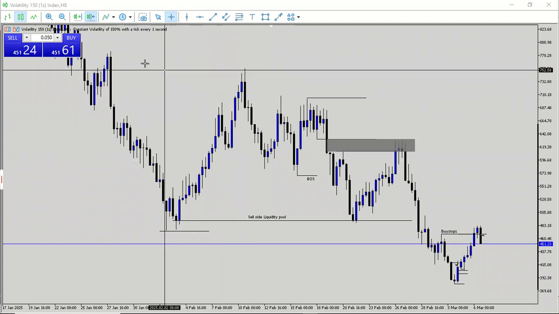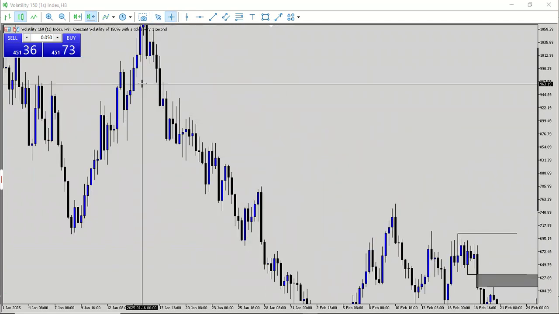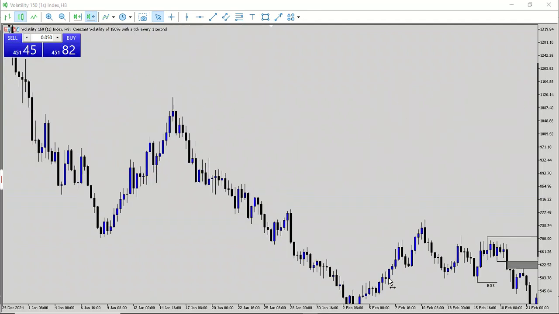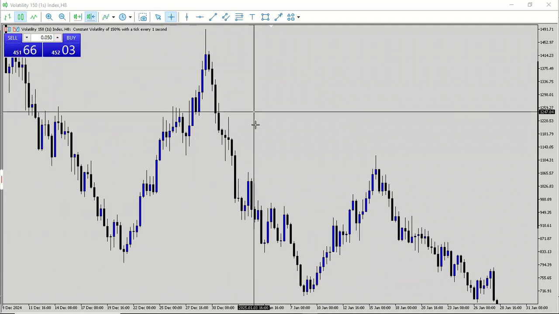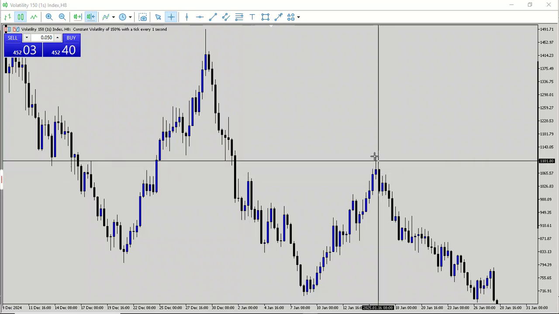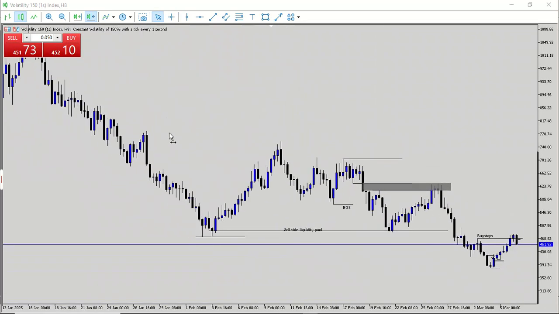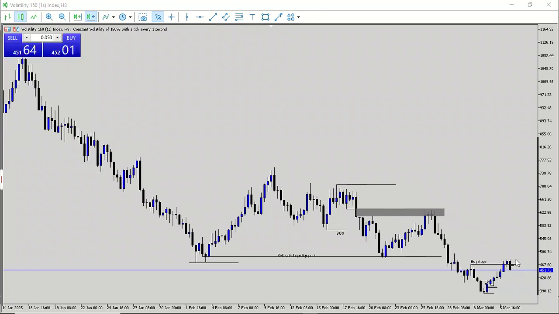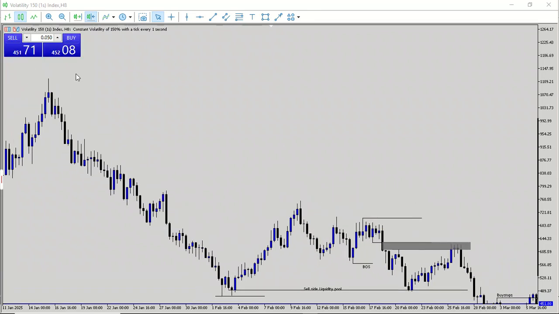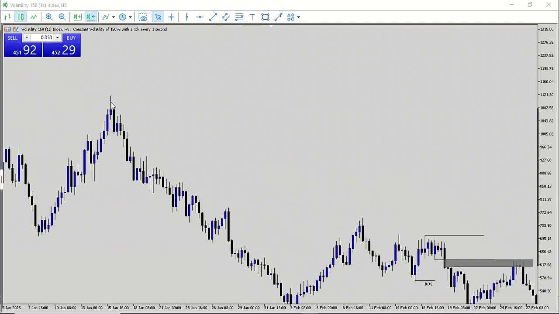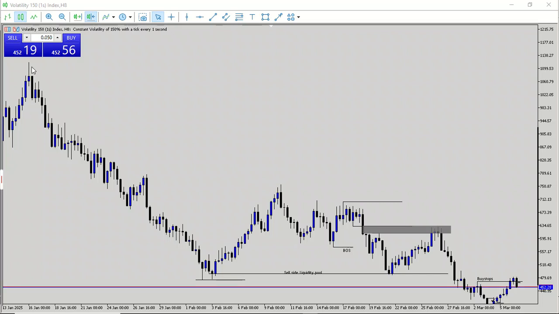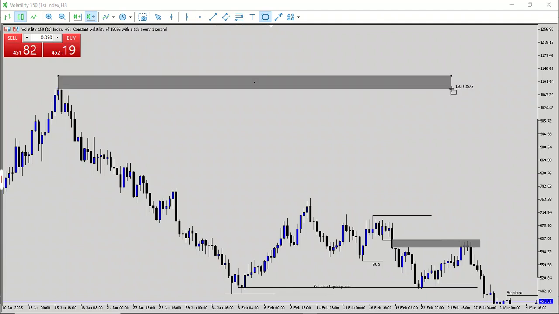February tried to go higher than January. Let me see where January started. Wow. January started from far away. This is where January started, and this is the high of January. Now, why would the algorithm want to stress itself to go higher to that area? There is not enough liquidity to buy from. This is a strong bearish trend. It won't have the time to go to the high. It's too stressful for it, so it leaves the high protected.